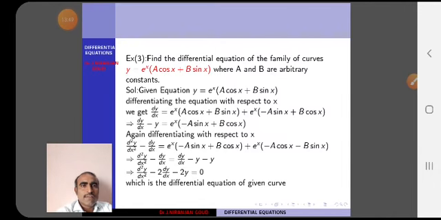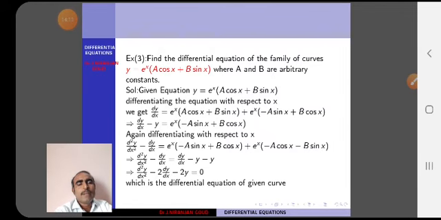So take the given equation y = e^x (a cos x + b sin x). Differentiate the equation with respect to x, you will get dy/dx = this is UV form, e^x into, first keep as it is, (a cos x + b sin x),